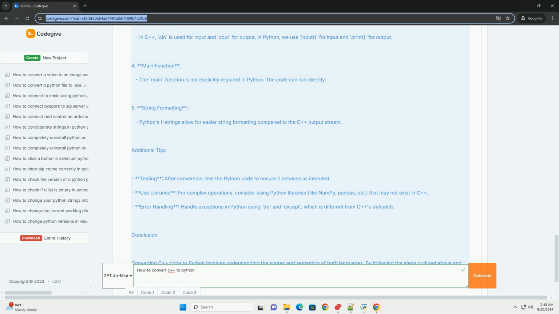Python. Code: include iostream, using namespace std, int factorial(int n), if n is 1 return 1, return n times factorial(n minus 1), int main, int number, cout enter a number, cin number, cout factorial of number is factorial number, and return 0. Python code: def factorial(n): if n is 1, return 1; return n times factorial(n minus 1). number = int(input("Enter a number")). print factorial of number is factorial(number). Breakdown of the